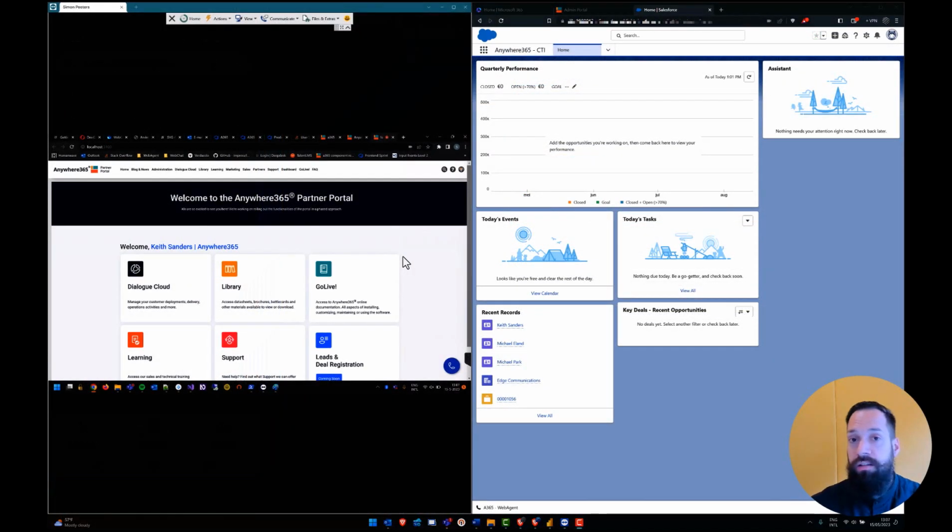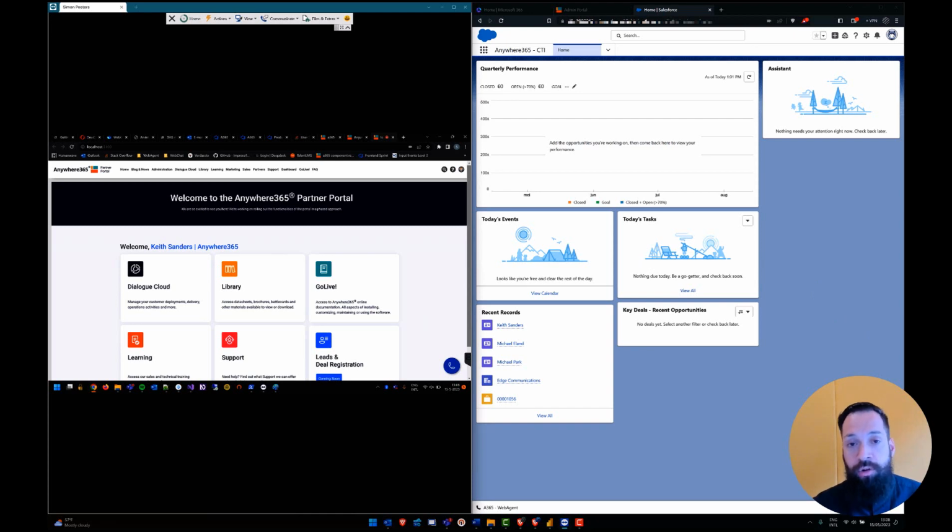Okay, so for the second demonstration, we want to show you an alternative way how you can use ACS together with Anywhere 365 in Dialogcloud Infinity. So on the left, we have the customer that's already signed into a portal, so we know the person that signed in, and we have a button that enables us to perform a call to the ACS powered contact center.